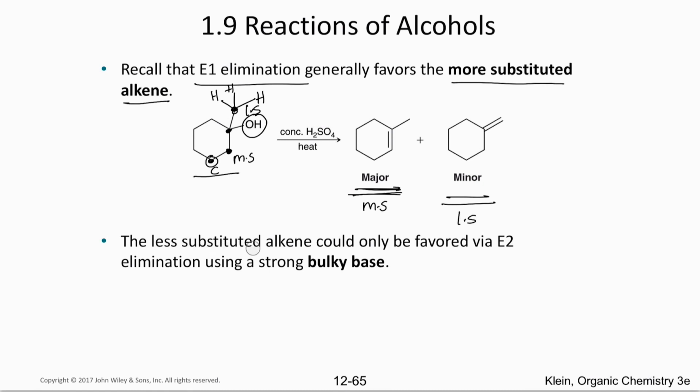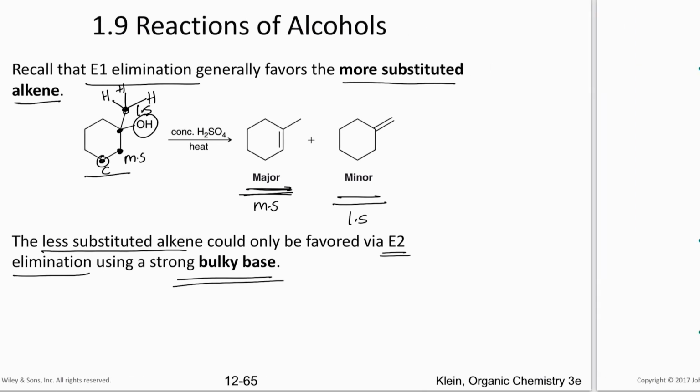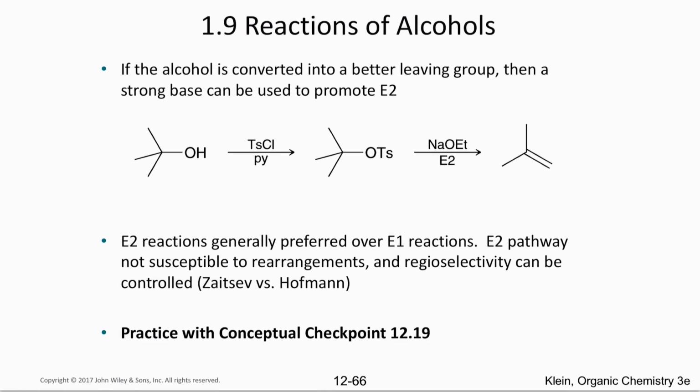The only case where you get a less substituted alkene is in E2 elimination by using a strong and bulky base. So let's talk about that. If you convert the alcohol into a better leaving group, then you need a strong base that can promote E2 reactions. For example, it's the same alcohol. If you convert the OH into some other group, for example, tosyl chloride,